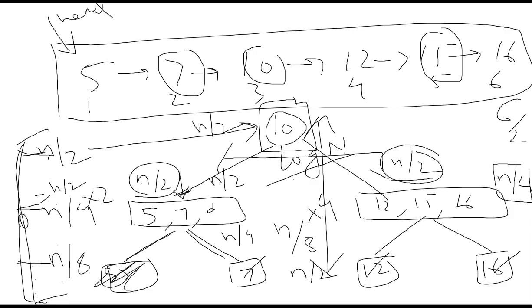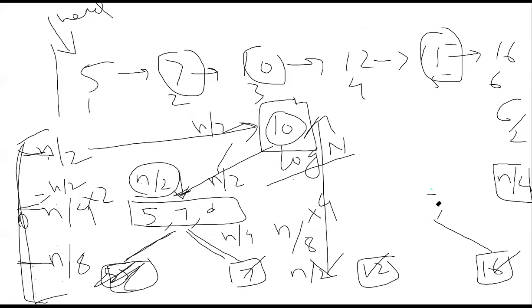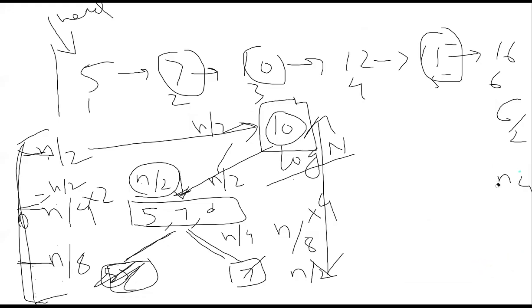Is that clear? If you can write it, maybe it will make sense. If you erase or find a space where you can write, yeah, I can try. So write T(n) is equal to 2 into T(n/2), because now we have two problems of half length, plus O(n) because we were calculating the mid element, and we know that we are going to do it for the height, which is log n times, right?